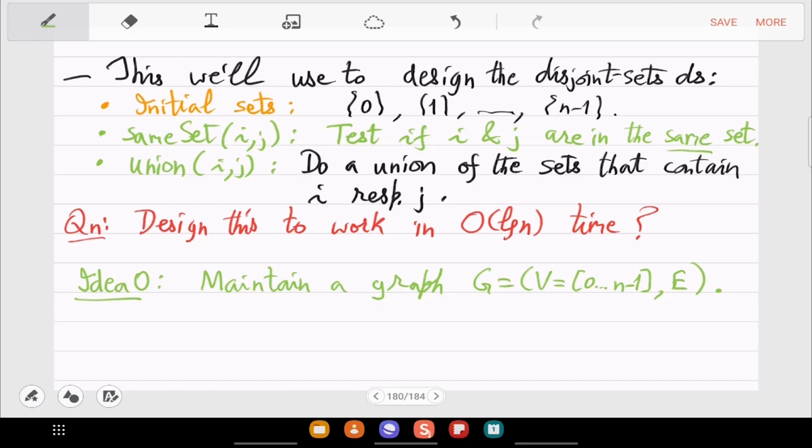What do you do when union i comma j is called? Then you can draw the edge i to j. If you draw edge i to j, then the whole connected component of i and the connected component of j become one connected component. So that is exactly union. So there is a natural way to do this using graphs.